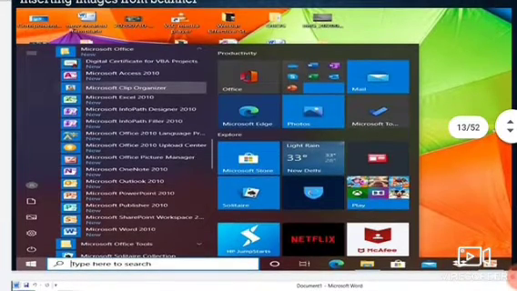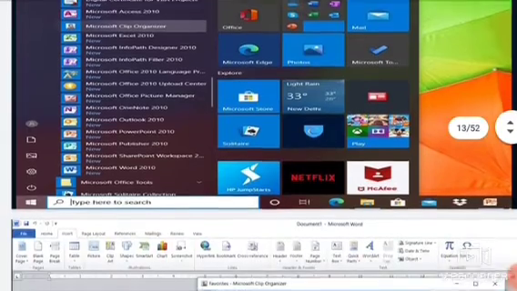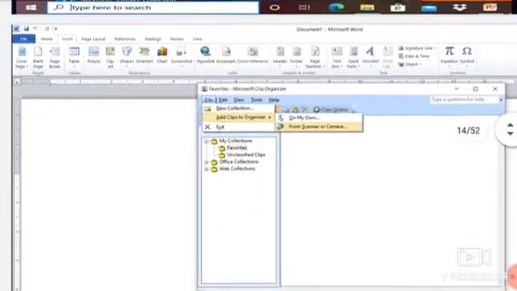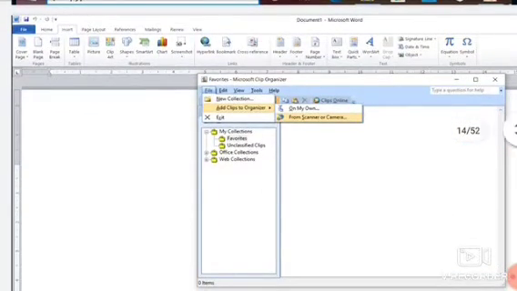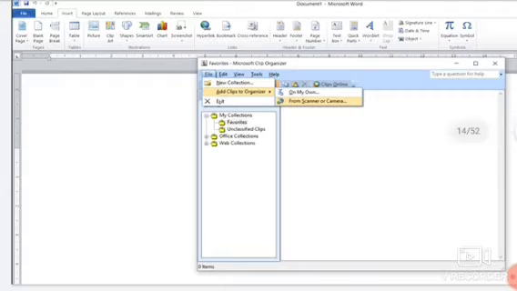For this, first you go to the Microsoft Office, and in this Microsoft Office you will get Microsoft Clip Organizer. As you click on this Microsoft Clip Organizer, a dialog box will appear. Here just click on the File menu and choose Add Clips to Organizer.